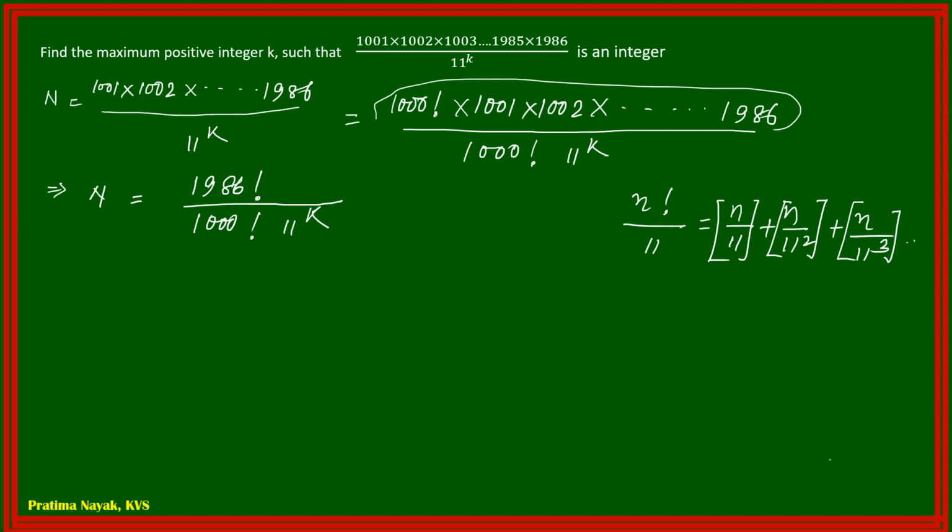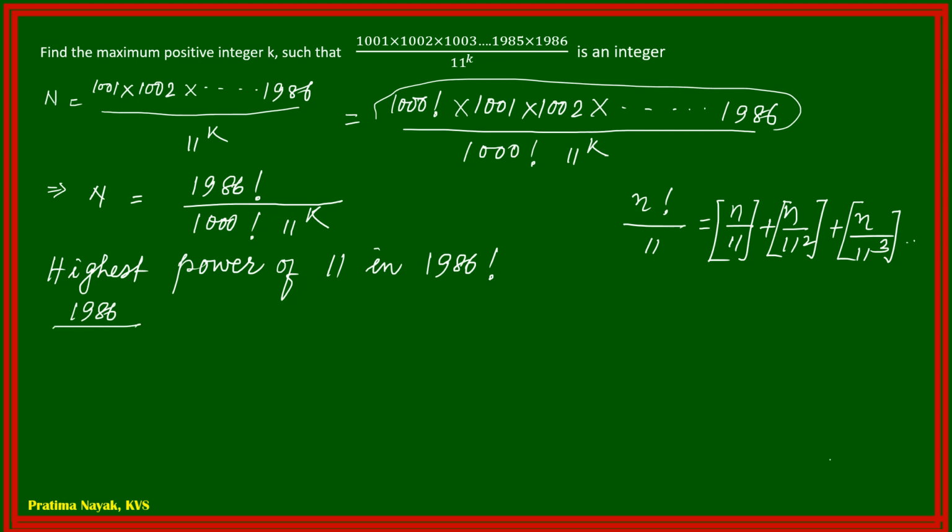This is the concept we have to apply here. So the highest power of 11 in 1986 factorial will be